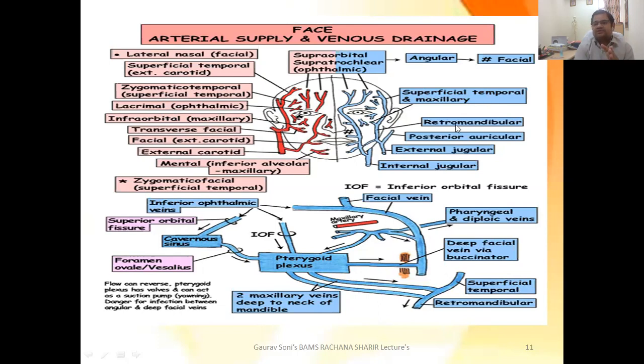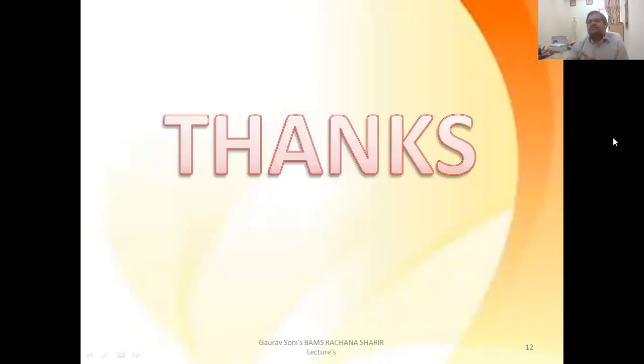There is a little bit of difference in the venous drainage, which we'll talk about in some other lecture. So this was just a schematic representation of the charts of the arterial supply of our body. Basically, we have talked only about the basic and important things, not too much detail. But this small lecture will be very beneficial for you, especially while revising the arterial supply of the whole body. Again, I will say, remember, the artery is always the same, the vessel is always the same.